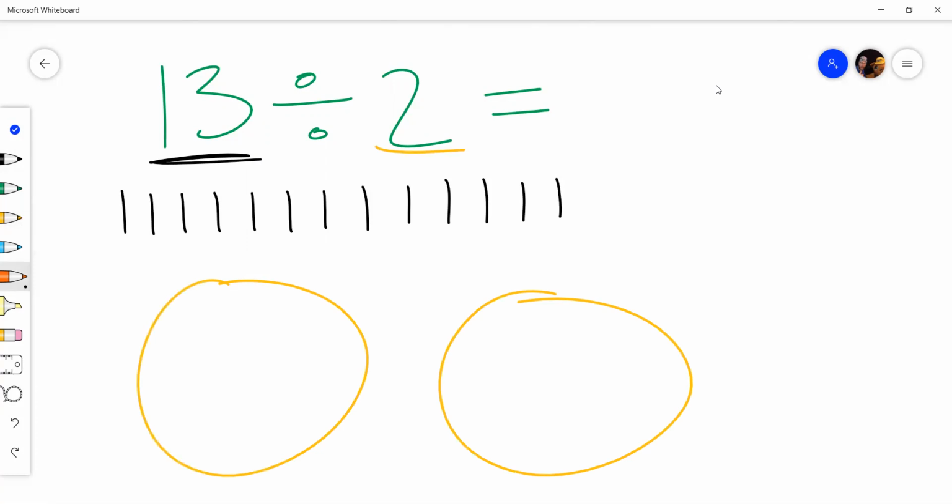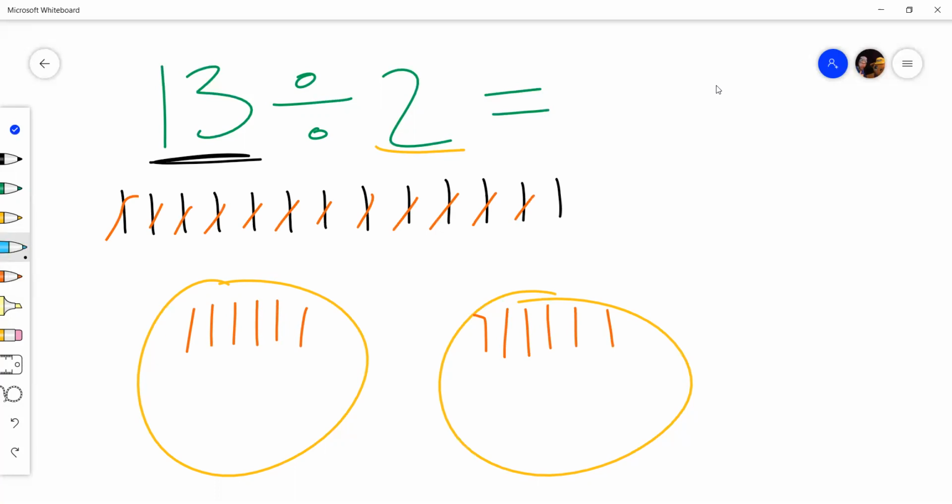I always think back to the days when you're on the playground and you're picking teams, right? You're splitting people up equally and evenly. 13 people are playing a game, and we're going to put them into 2 teams. So this person says, I'm on this team, and this person says, I'm on this team, and we just split it back and forth. This one goes here, she's going over here, and they go here, and they go here. And now this is where we stop and realize, okay, if I look at this right now,